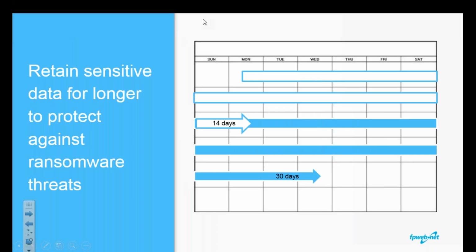This is an interesting slide here. We talk about retaining the sensitive data for longer to protect against ransomware threats. We talked about malware and viruses, but ransomware is unfortunately on the rise and is a very real issue. If you're holding onto your data for shorter amounts of time, meaning your retention cycles are running 7 days or even 10 days or 14 days, one of the things you need to be thinking about is that